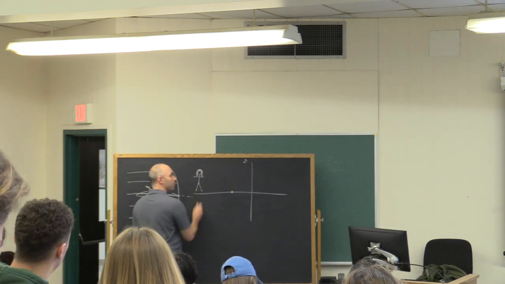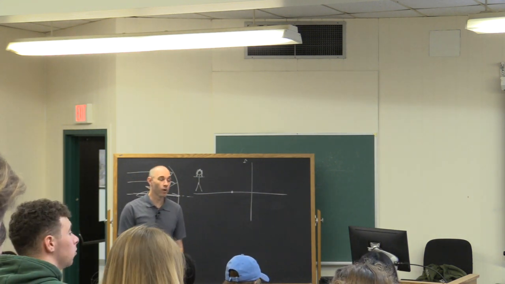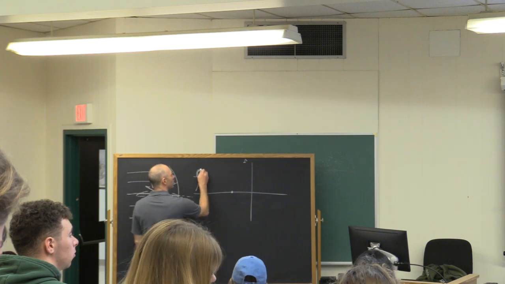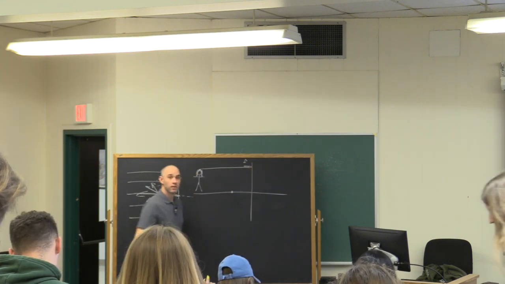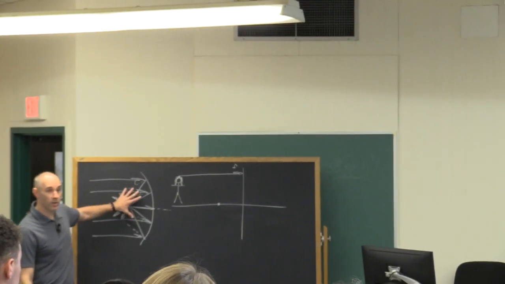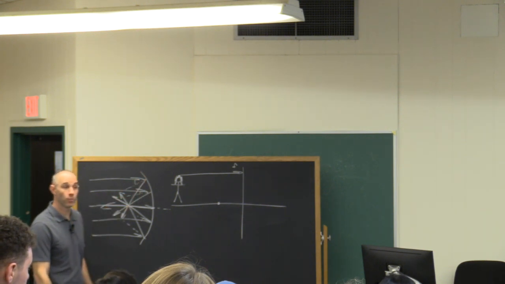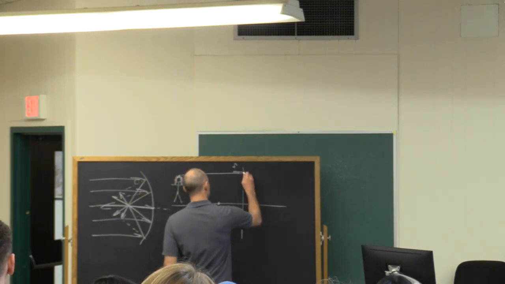So I'm going to draw a light ray. Light hitting the top of her head bounces in all possible different directions, which means one of those light rays is going to go directly parallel to the main axis of the mirror. And you know from what I drew right over here that any light ray coming in parallel to that axis is going to travel through the focal point. So it hits the mirror, bounces off, goes through the focal point.